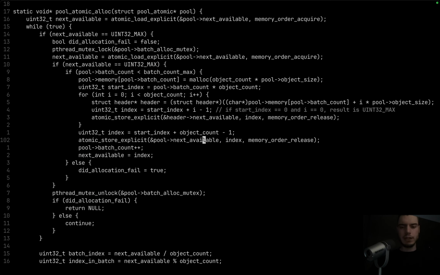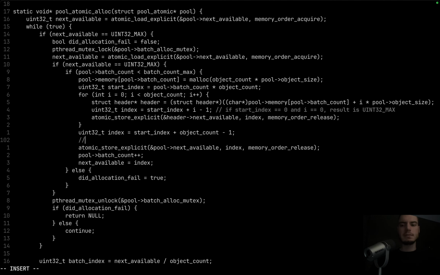But I think we still need to make a change, because what we're doing right now is we're just writing the value index, which kind of implicitly means that we have set the highest 16 bits to 0, meaning we have 0 in these 16 bits and our payload, which is the index, in the lower 16 bits. And this could actually be a bit of a problem, because it might happen that